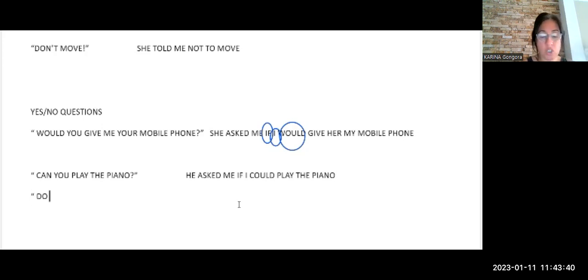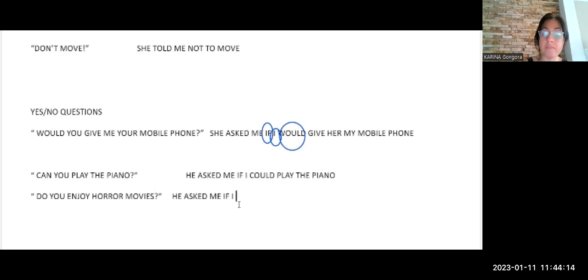For example, do you enjoy horror movies, right? Which I don't actually. So you're going to say, he asked me if, always, I, first the subject, and then here we have a present tense sentence. So what you're going to do, you're going to do it in the past. Remember, back shift in tenses.